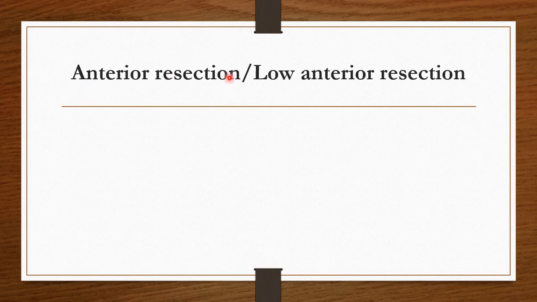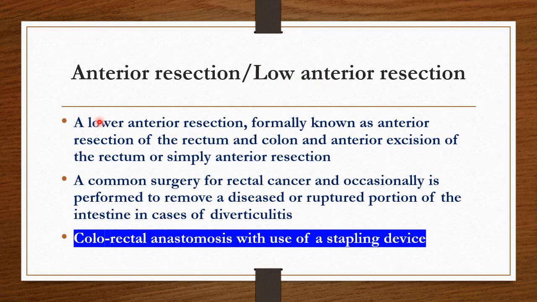Next, the anterior resection, or now commonly called the low anterior resection. A low anterior resection, formerly known as the anterior resection of the rectum and colon, and the anterior excision of the rectum, or simply the anterior resection. Formerly it was known as the anterior resection, now it's known as low anterior resection. The common surgery for rectal cancer and occasionally is performed to remove disease or ruptured portion of the intestine in cases of